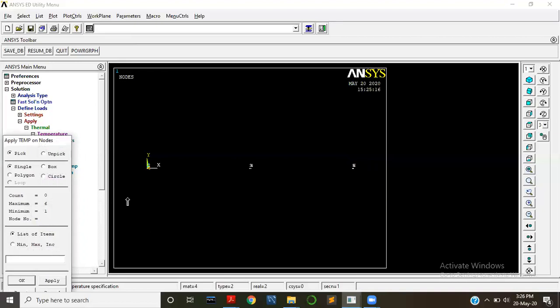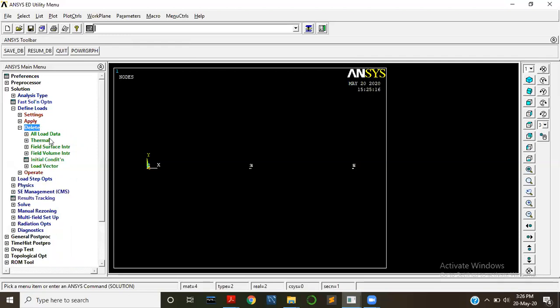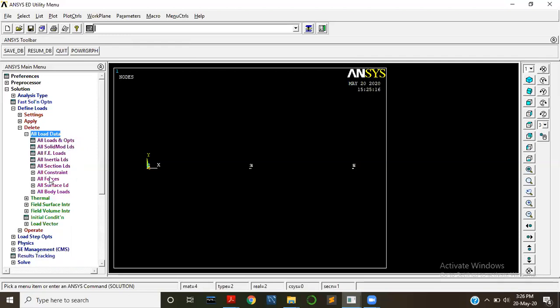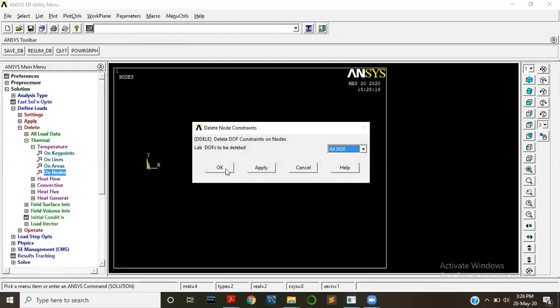Select right. Oh, sorry, actually I had to edit this one. On nodes temperature was 820 degrees Celsius at the leftmost. So delete the temperature. I need to delete all load data. Sorry, thermal, temperature on nodes. Select this one and delete this. Okay.